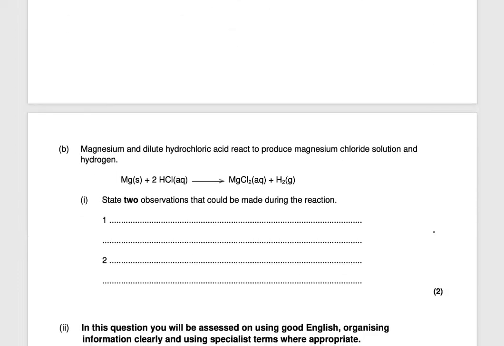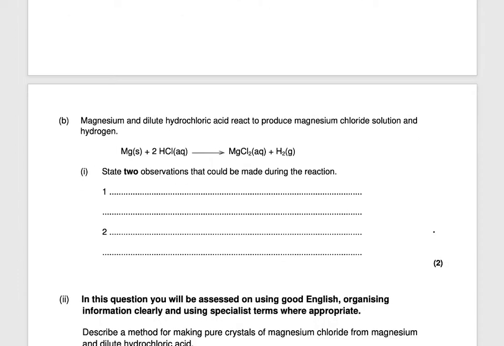Okay, next question. Magnesium and dilute hydrochloric acid react to produce magnesium chloride solution and hydrogen. State 2 observations that could be made during the reaction. So as you can see, a gas is being produced. So what's going to happen? You will see fizzing of